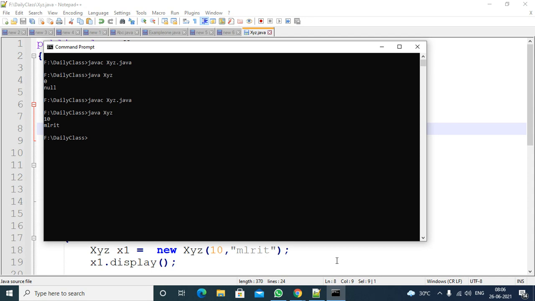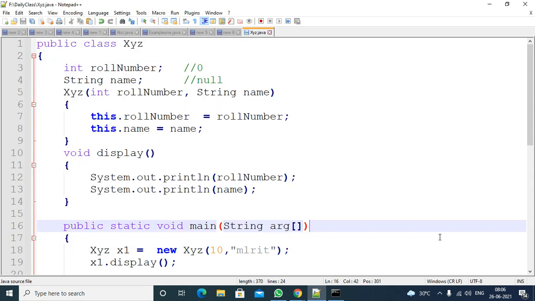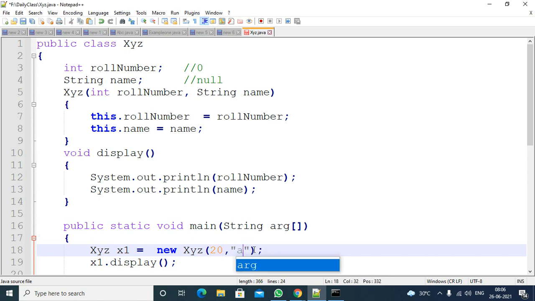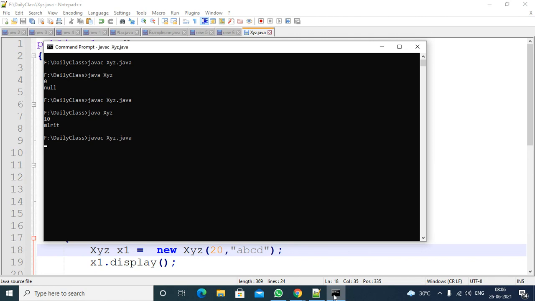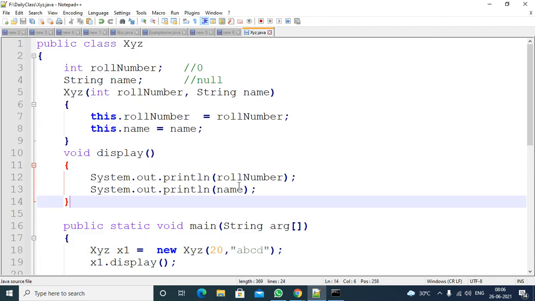You are getting 10, and the name. If you pass 20 and some name, you will get that data. So the first point: the this keyword is used to call the current class instance variables.